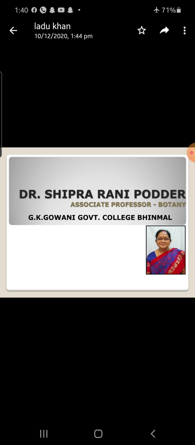The uppermost cell of the suspensor facing the micropyle enlarges to form a vesicular cell, the haustorium. The haustorium is normally unbranched but may branch in certain cases like in Sedum. The lowermost cell of the suspensor lying adjacent to the proper embryo is known as the hypophysis, which partly contributes